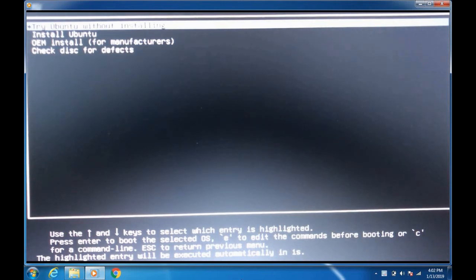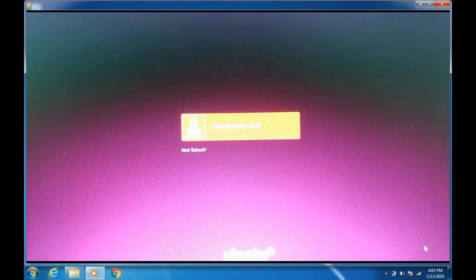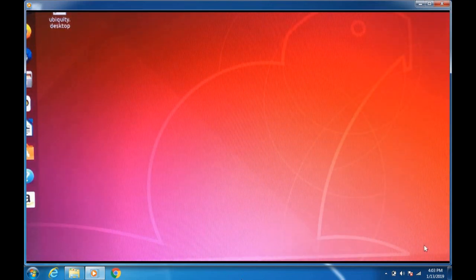And we're just going to let it time out. And it's automatically going to start booting into Ubuntu. There's the splash screen. All right, there's the desktop. Now what we're going to do is we're going to have to go back